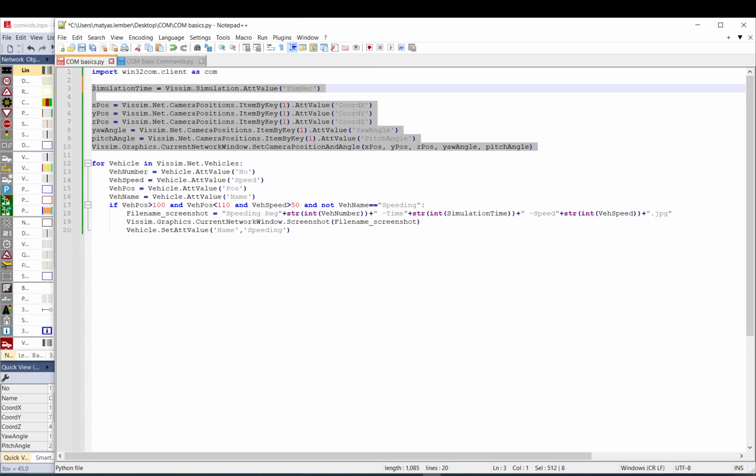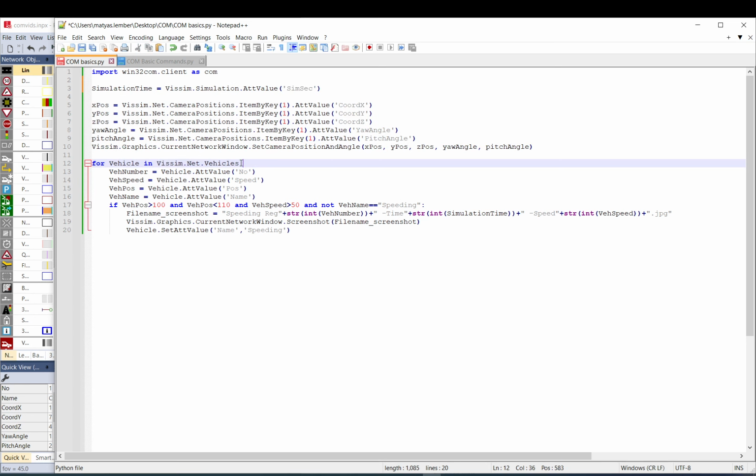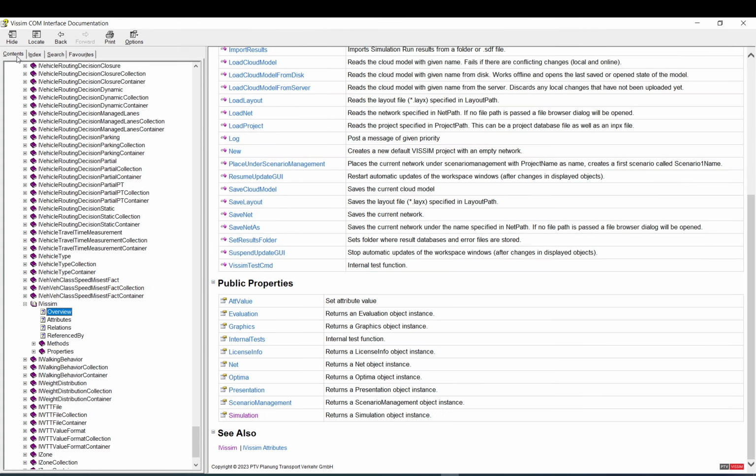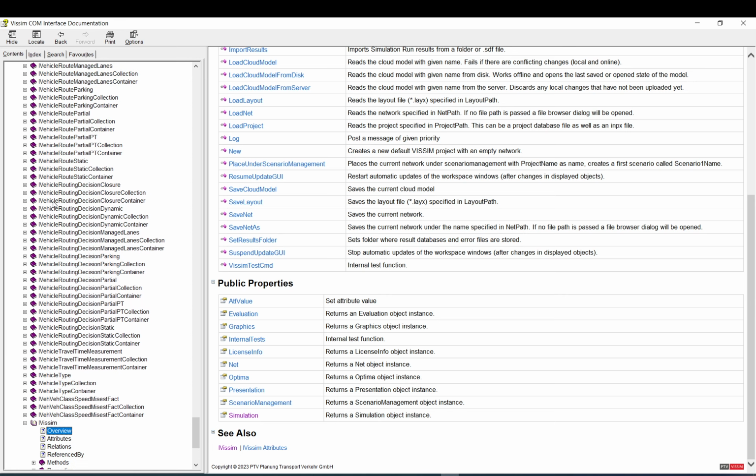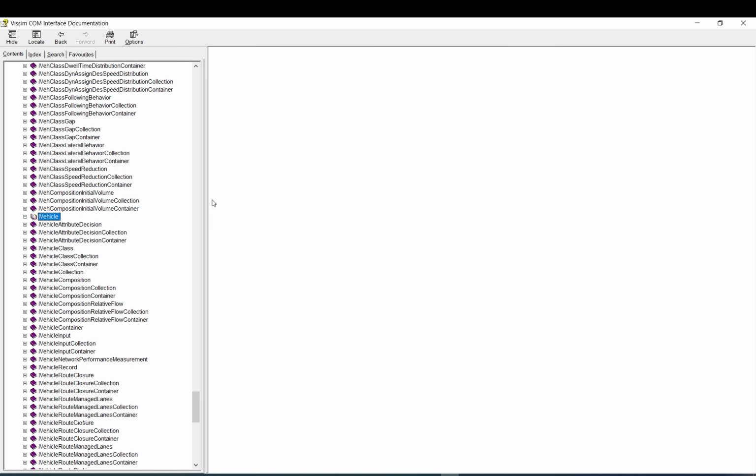Okay, that's all clear. Now for this, in the previous video I explained, but let's have a quick catch up. So this is like a container. I think that's the right word to use. It contains all Vissim vehicles at this time step where this is run. So this is all the vehicles here. Vissim.net.vehicles. Again, you can check in the help. So if you go here in vehicles,